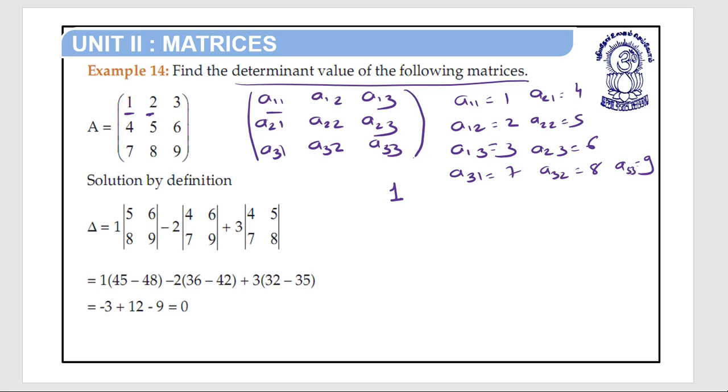For the first, the determinant is equal to A11, first row, first column, neglect,